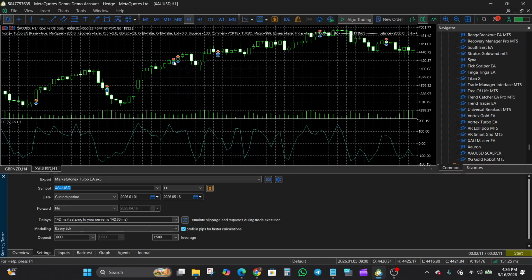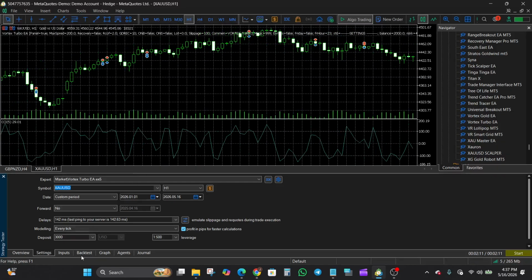And then we can see that within this particular candle, about two trades, or at least two trades we are taking here. And then here again, I think this was just one trade that was taken, because we can see only 1 arrow here and 1 arrow here. So this one, probably two buy trades taken, and both were closed at a particular level, right? We can see the information displayed here: sell 0.02 XAUUSD at the price and all of that. So here we had quite a number of trades taken and then closed within the same